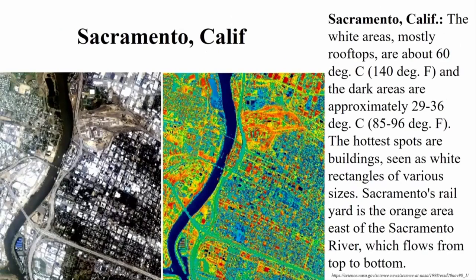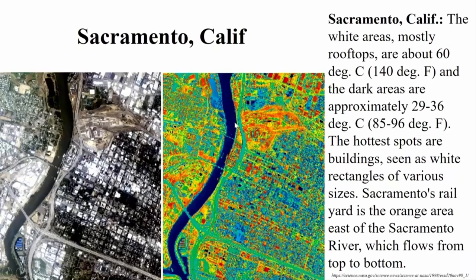Now this is another image, an optical multispectral two color composite image. The left side and the right side is a thermal image. In this image, the white areas, mostly rooftops, which are there in the optical multispectral imagery, are basically the rooftops, and they are showing approximately 60 degrees centigrade, that is approximately 140 degrees Fahrenheit, and the dark areas are approximately like water body, which is shown here in